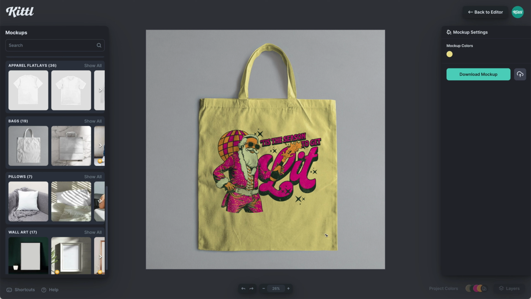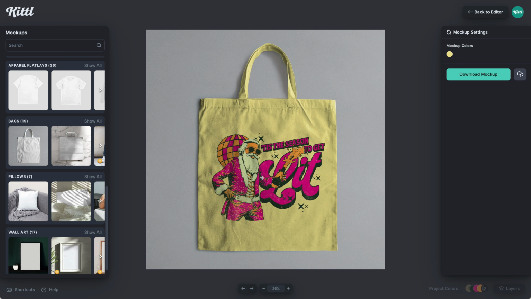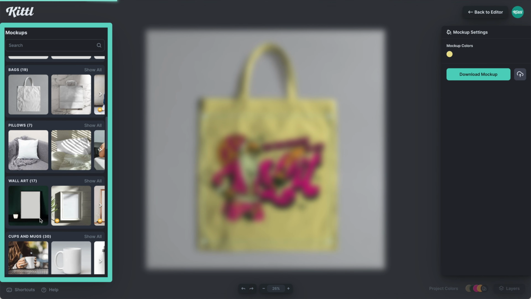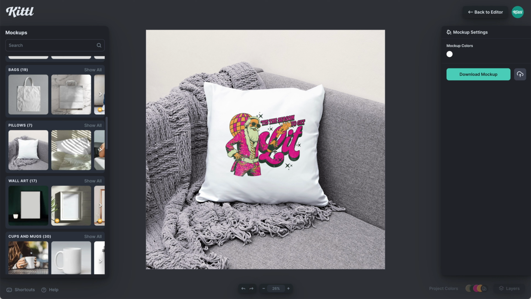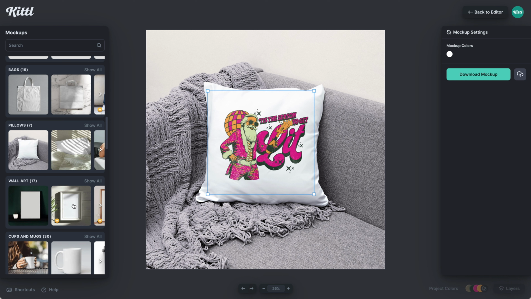I think this one would also be pretty nice on a pillow. So if we click the pillow mockup right here, it will just immediately apply that design to the pillow, and then we can size that up to see what it looks like, which is also pretty good. Now we could keep on playing with this to see how it would work on other products, but